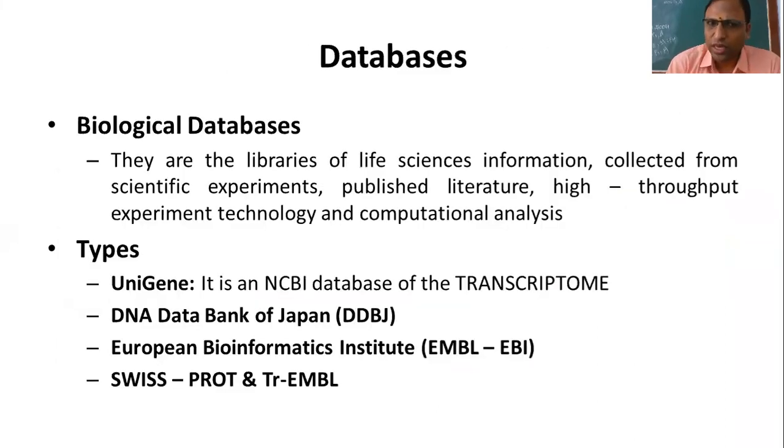Then databases. If you see, the biological databases are like libraries of life science information collected from scientific experiments, published literature, high throughput experiment technology and computational analysis. So all this data, whatever is available, has been put up in these databases. There are different types of databases available, like NCBI UniGene. NCBI UniGene is a National Center for Biotechnology Information database